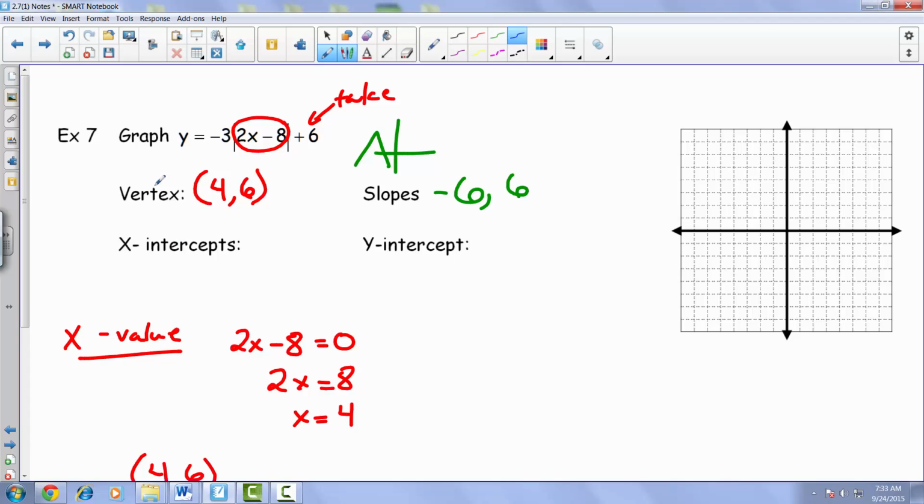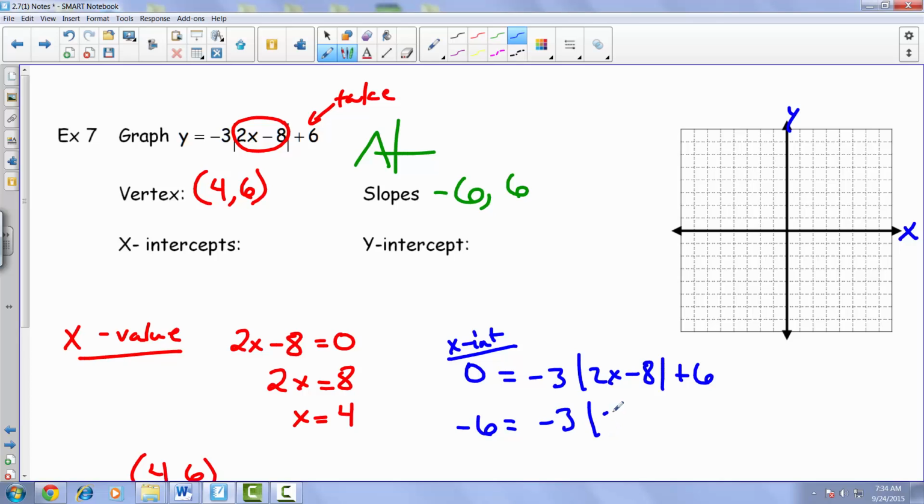Now looking for the x-intercepts. In other words, where is it crossing this x-axis? Well, if it's crossing this x-axis, our y values aren't going up or down any. They're literally going to be 0. And as a result, we can just say that y is 0. So then we end up with, this is for our x-intercept, y is equal to -3 times the absolute value of 2x minus 8 plus 6. Subtracting both sides by 6, we end up with -6 is equal to -3 times the absolute value of 2x